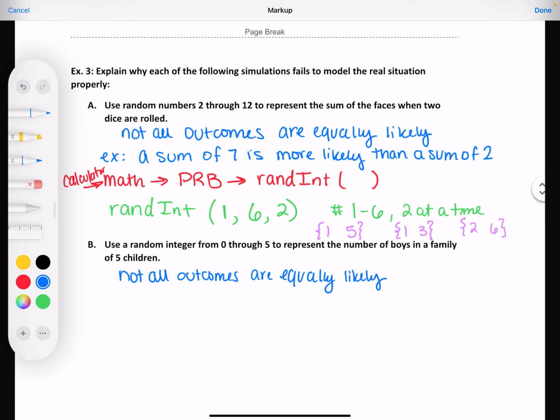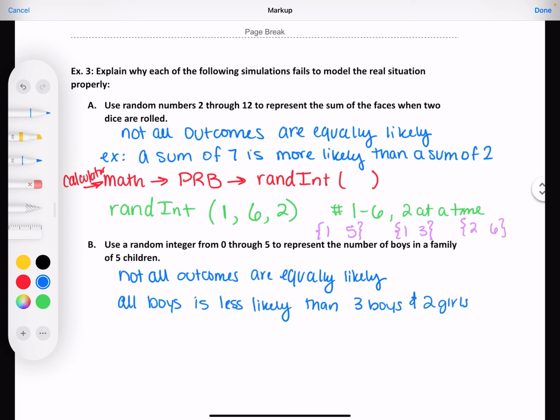Because there could be 0 boys, there could be 1 boy, 2 boys, 3 boys, 4 boys, 5 boys, right? You have all those different options. And in reality, all boys is less likely than, let's say, 3 boys and 2 girls.